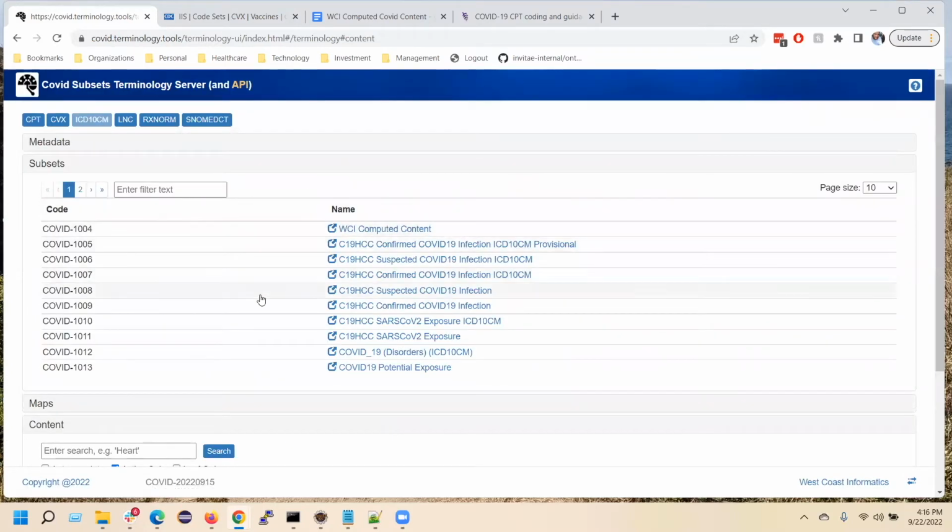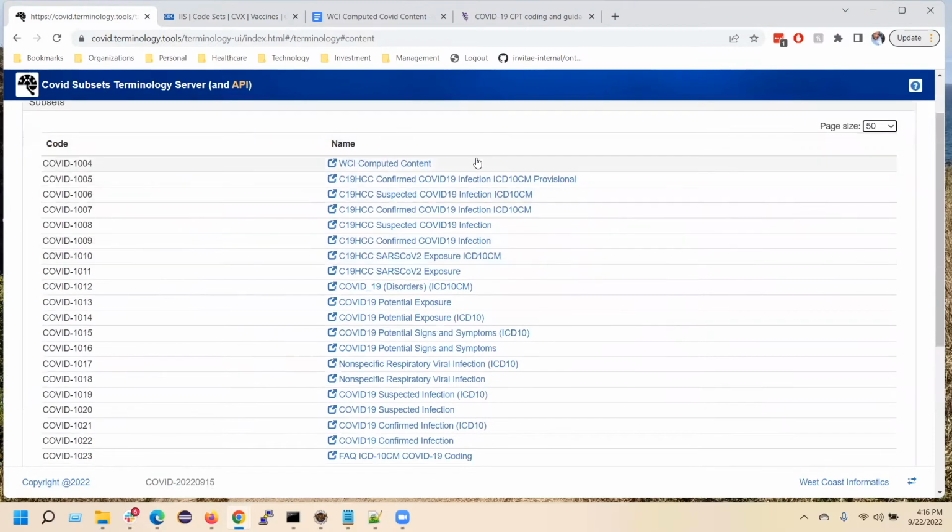This gets a little more interesting. There's a lot of data sets here. If we expand this, we can see the full set. So we've got some WCI computed content here as well. This again is because we're picking up SNOMED codes for a variety of reasons and then following the maps to ICD-10 codes. So this represents a set of content that isn't included in any of these other sets, but which might be considered relevant for COVID use because of its connection with the SNOMED content that was included for various reasons. Many of these other things are actually linked to the VSAC, which is a value set service run